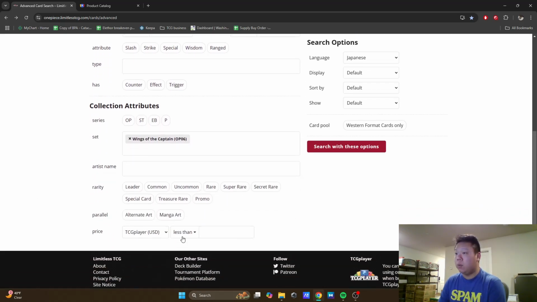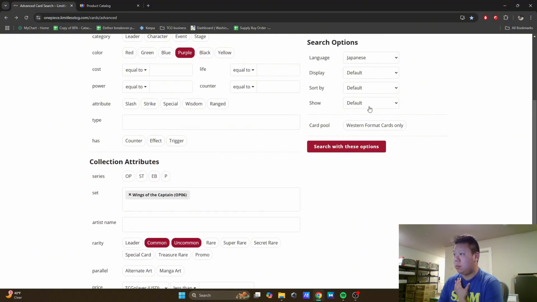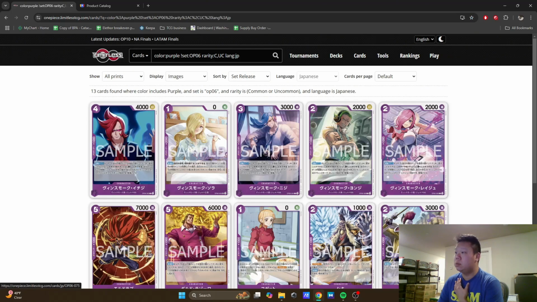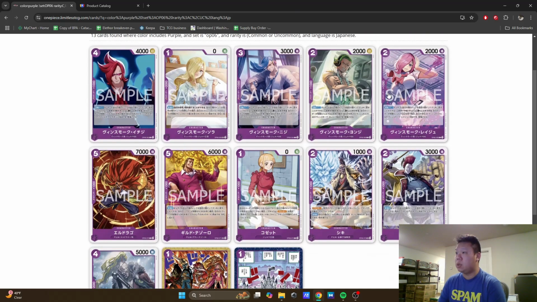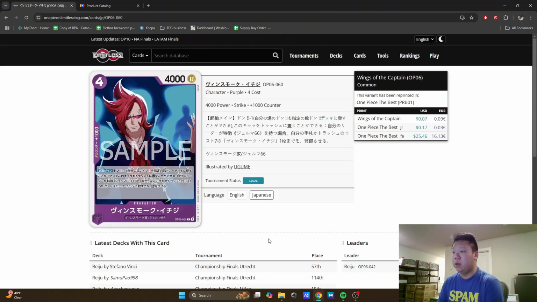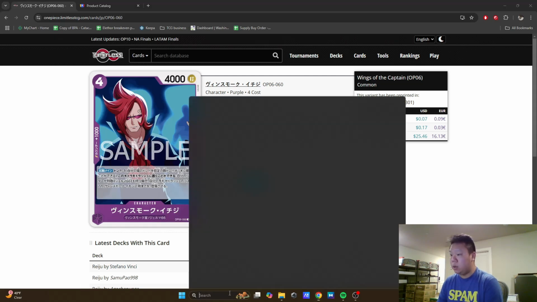And you put in the set name. I'm listing Wings of the Captain, OP6, and they're going to be common and uncommons. And I select the language as Japanese, search with these options, and now you'll see I have 13 of the common and uncommon Japanese One Piece cards, and you can see the images are pretty good. They're very, very clear. I normally click on it, and then the other tool that I use,